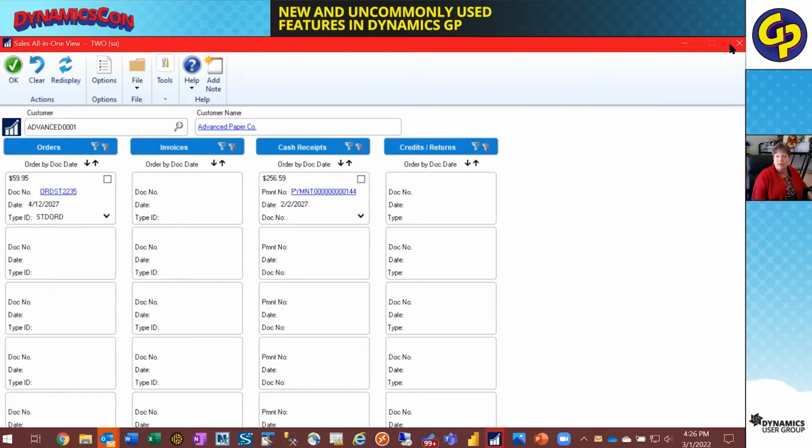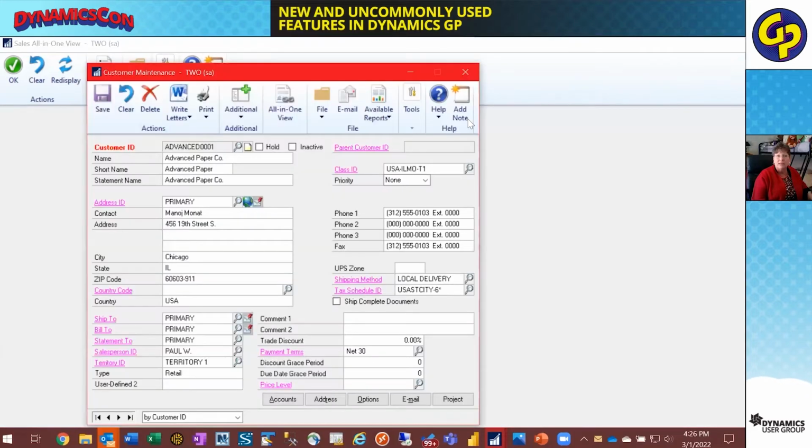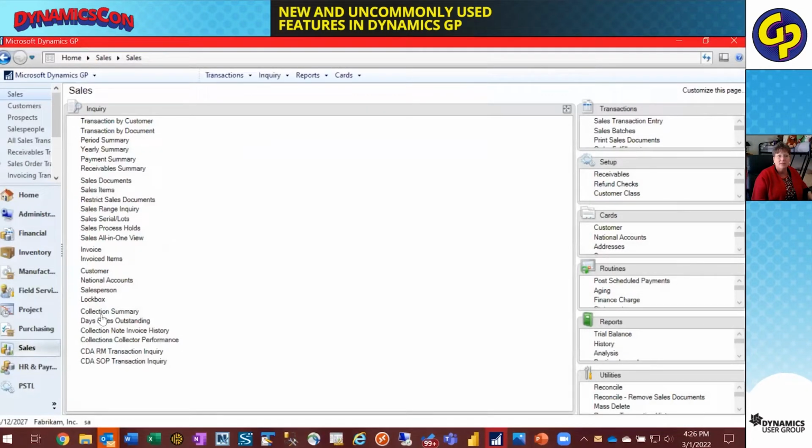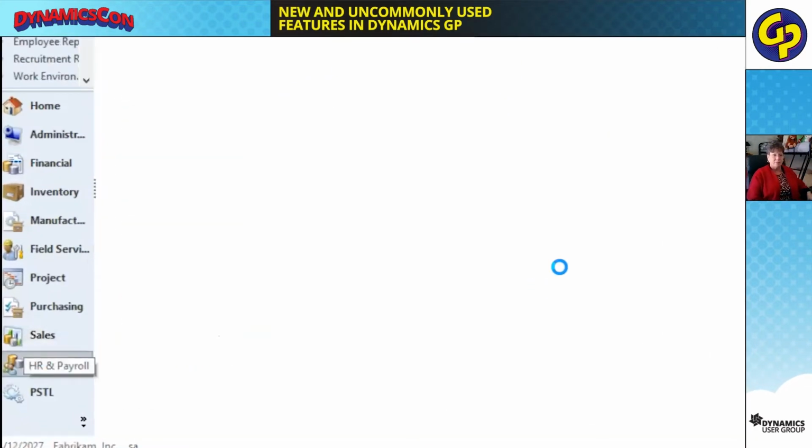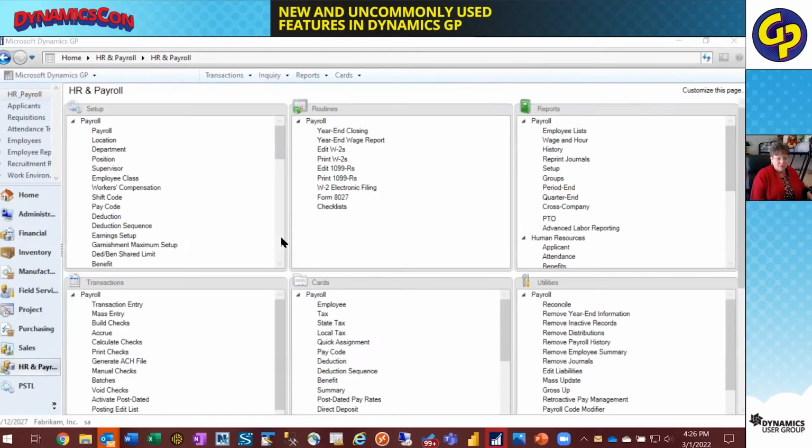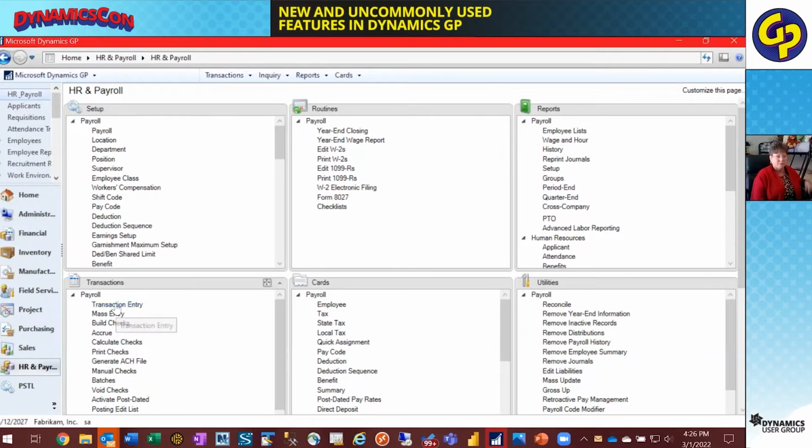All right, the next area that we're going to take a look at is in payroll. So there's a number of things in payroll. And the first thing that we're going to look at here is the transaction entry defaults. So when we go into transaction entry,